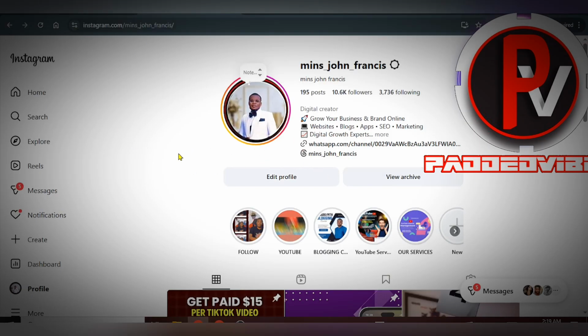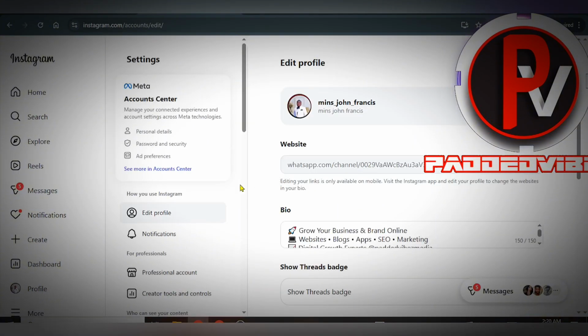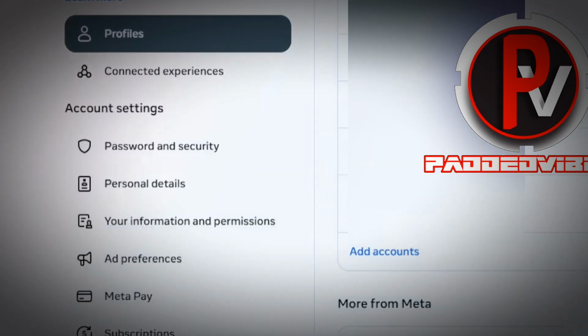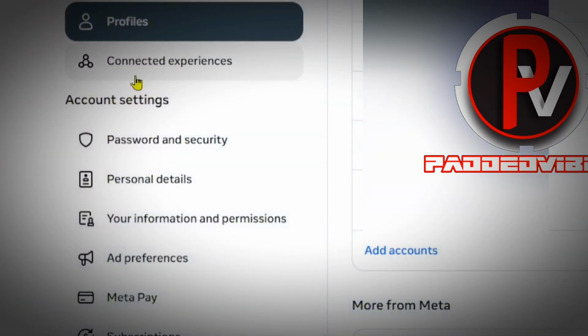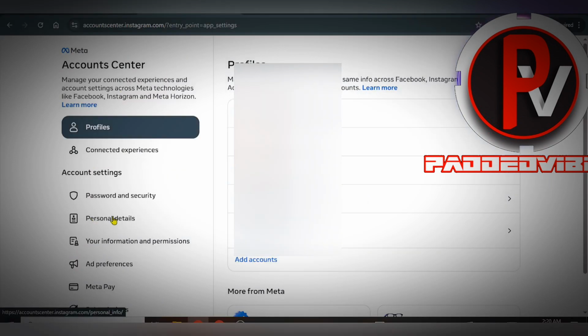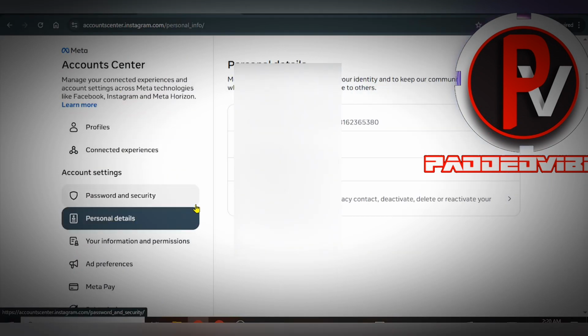Step 1, log in with the account you want to deactivate. Step 2, click your profile icon on the top right, select Profile, then click Edit Profile. Step 3, scroll down to the bottom. You'll see Account Center. Click it and then go to Personal Details. When you are on the Personal Details page, hover your mouse and click Account Ownership and Control, and then you